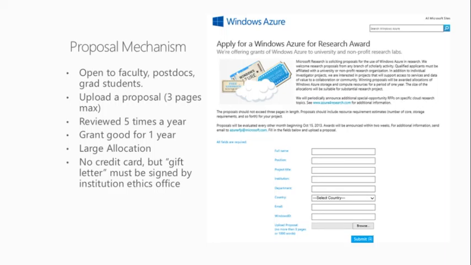You fill this out with your institution, which university you're from, and you need to write a 2-page proposal about what you would like to do on Windows Azure. It will be a free gift to your university and includes more than 500,000 compute hours, if you'd like to take advantage of the program.